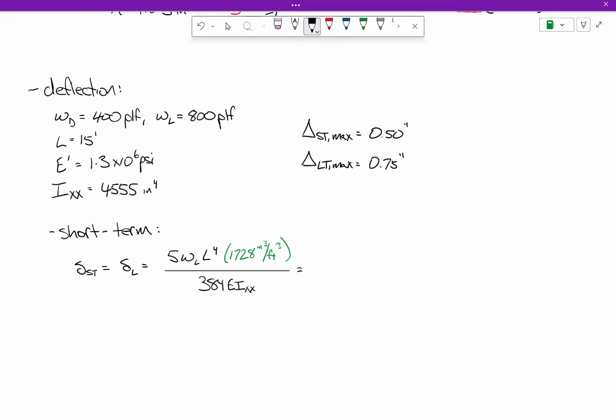Okay. So just plug and chug. So here's your live load, here's your foot, your beam span length, your E, your I, or sorry, E prime. And so when you chug all that out, you should get 0.154 inches. And when we compare that against the limit,